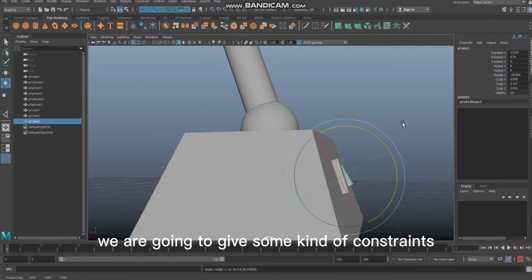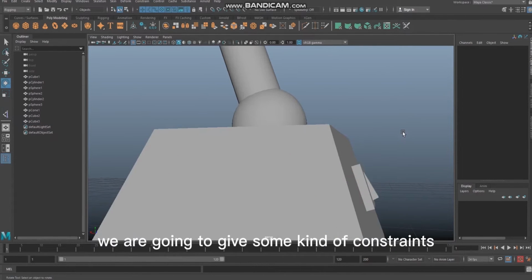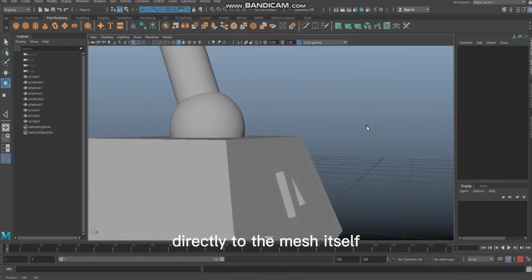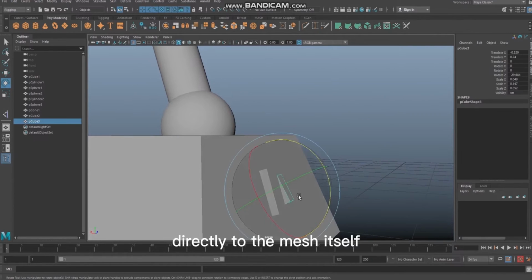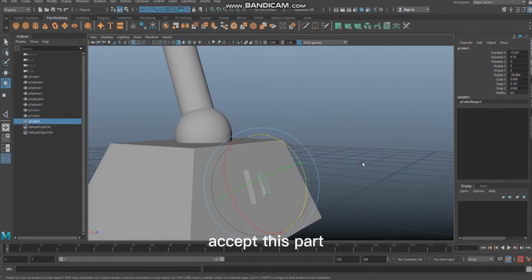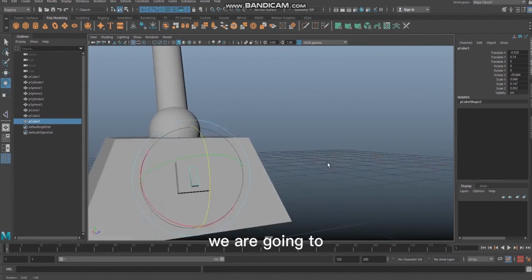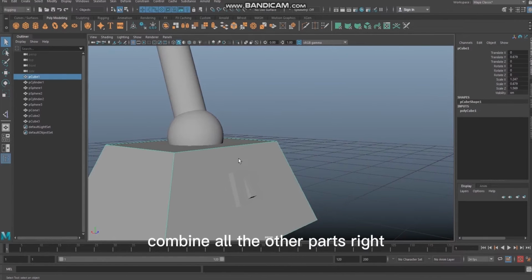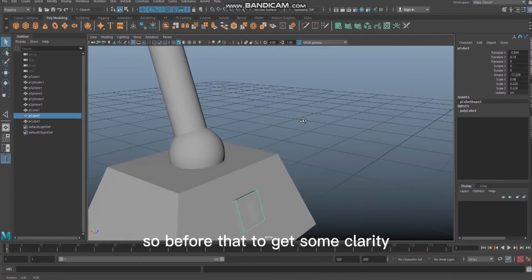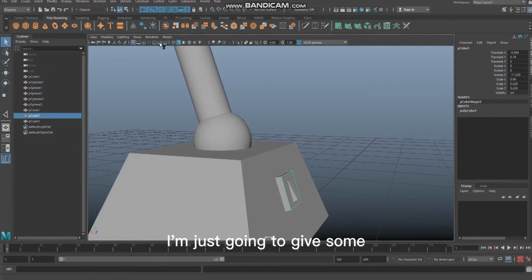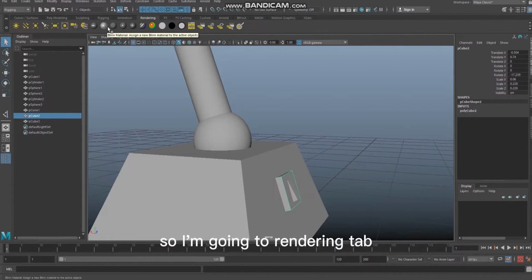So for this we are going to give some kind of constraints or connectivity directly to the mesh itself, okay. For that, except this part, we are going to combine all the other parts, right? Before that, to get some clarity, I'm just going to give some material for this switch because it is looking in the same color. So I'm going to the rendering tab, I'm going to add some material,